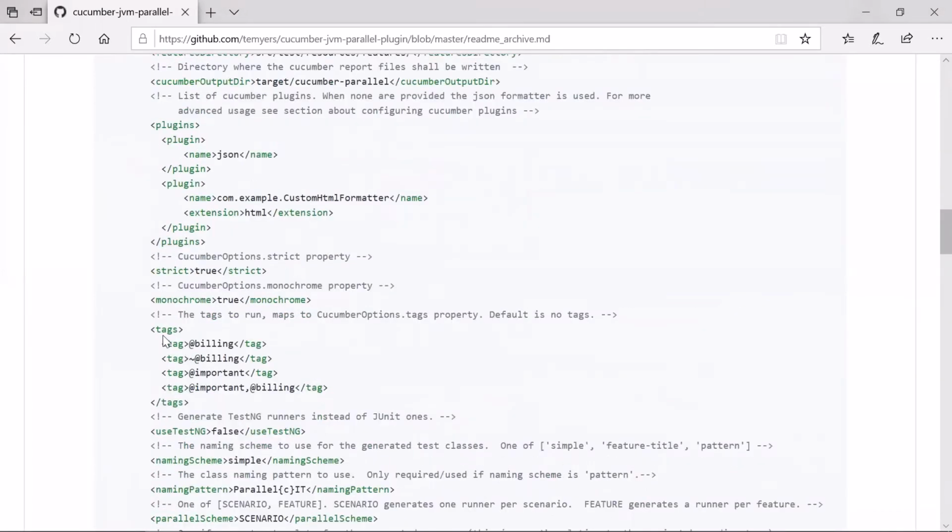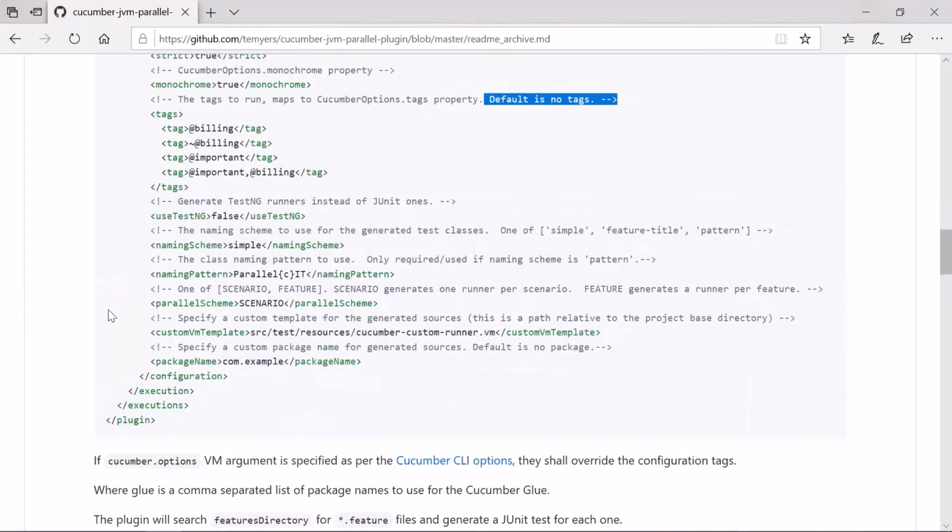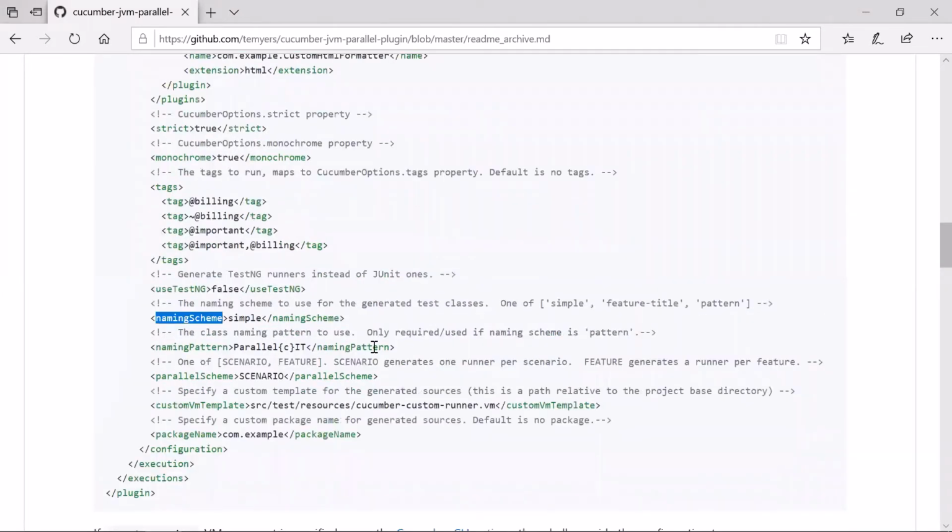You can use other configuration options as well based on your requirement. Like we used tags; by default, no tags will be used. Then we have the naming scheme, which defines how you would like to generate the test class names. Possible values are simple, feature title, and pattern. In case of the pattern scheme, you can define your pattern as well.